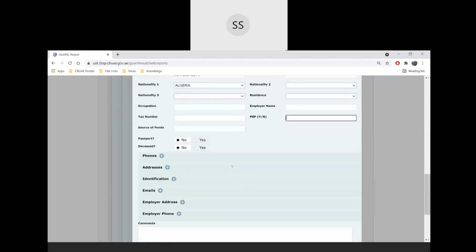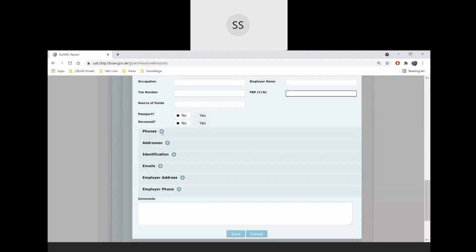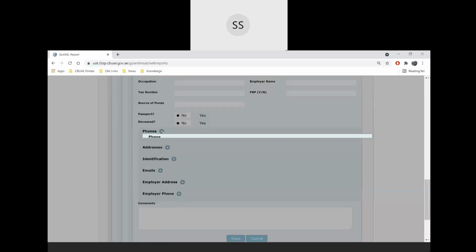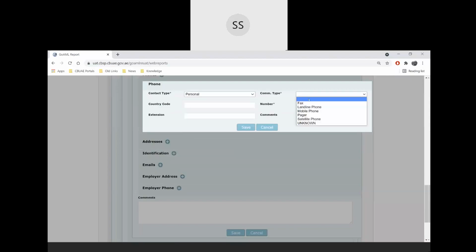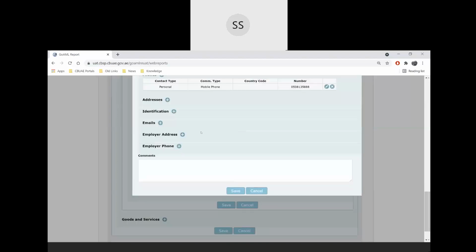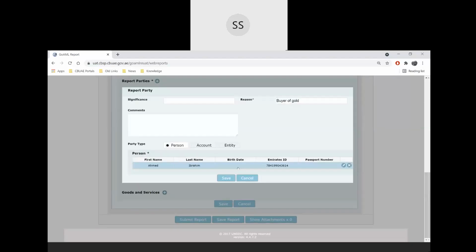I'm sure you would collect the passport in terms of non-residents, but for residents, you'll have the Emirates ID, which would be superseding the ID requirements. Phone number is something if you would collect, you'll populate over here. So let's say it's a mobile number, you'll take the personal mobile number, country code will be 971, of course. You will put 050, let's say. Identification is something you will replicate and you'll save this.